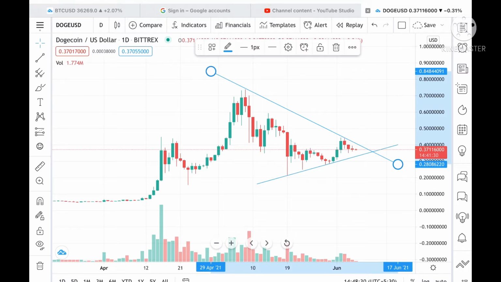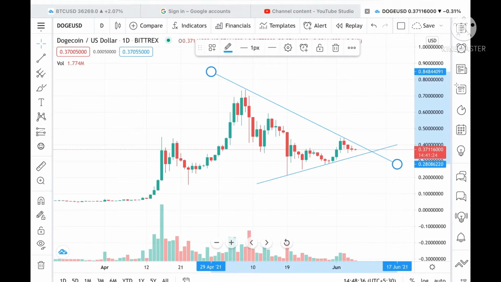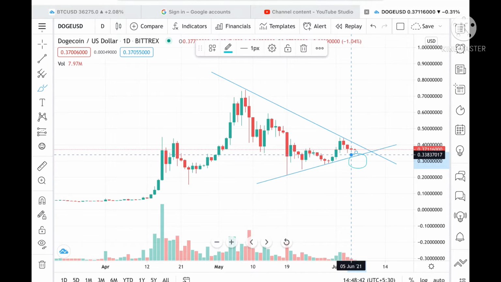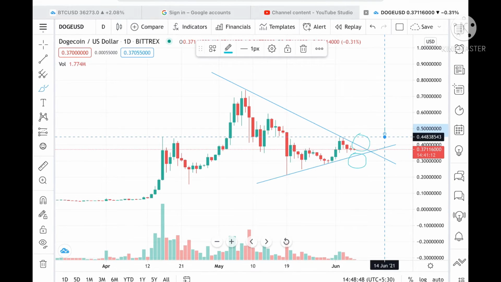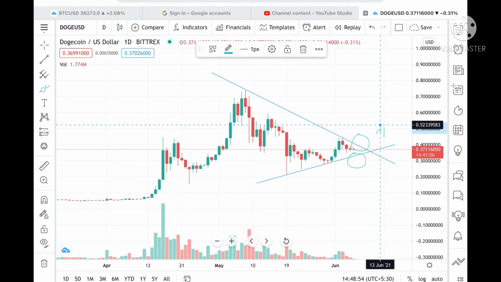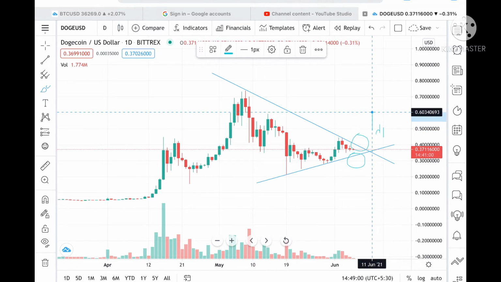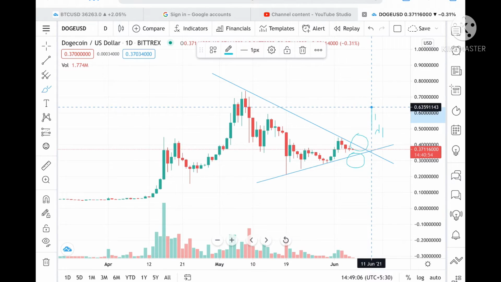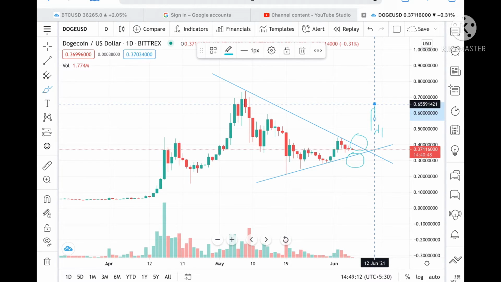So suppose this trend line breaks upside, and a green candle forms and breaks this level. At this level we can see a sharp rise till the price of 0.44, and if it goes above that level, then we can see a level of 0.480, and from there 0.52, and then some upside movements up to 0.56, a level of 0.59, and then 0.60 and 0.65.